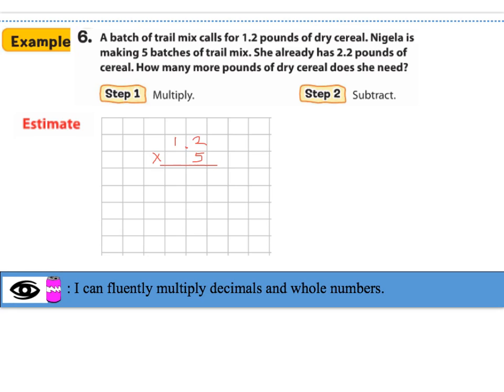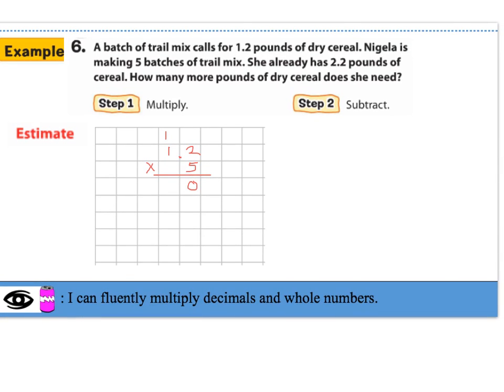So if I multiply, 5 times 2 is 10, so this becomes a 0, that becomes a 1. 5 times 1 is 5, plus the 1 is 6. Now I know that there is one place value in the problem, so I need to make sure I move it over one place value as well. So that's not my final answer. What I need to do now is subtract, because that's the total amount of cereal for all the batches. She already has 2 2/10, so I'm going to take 6